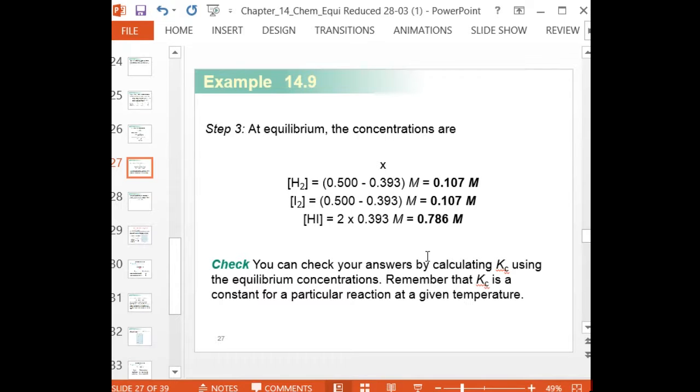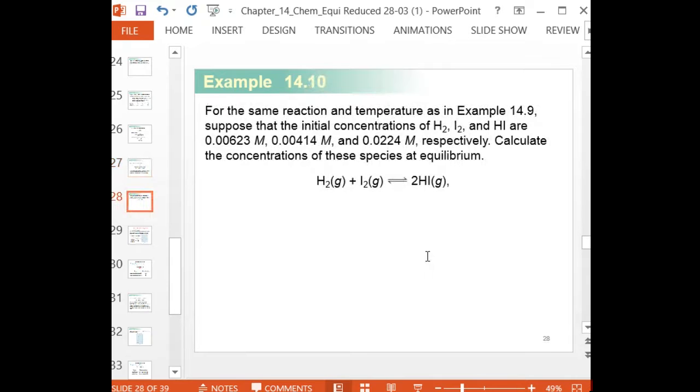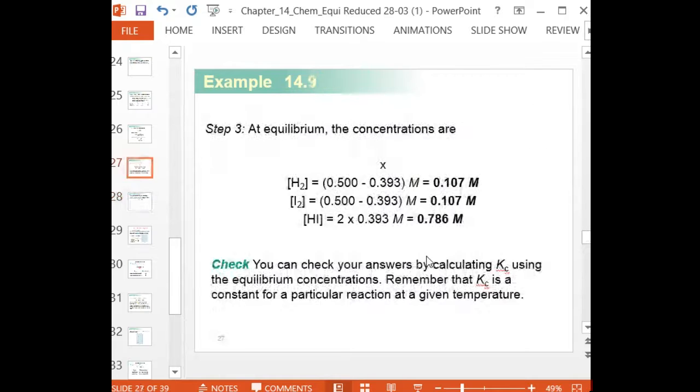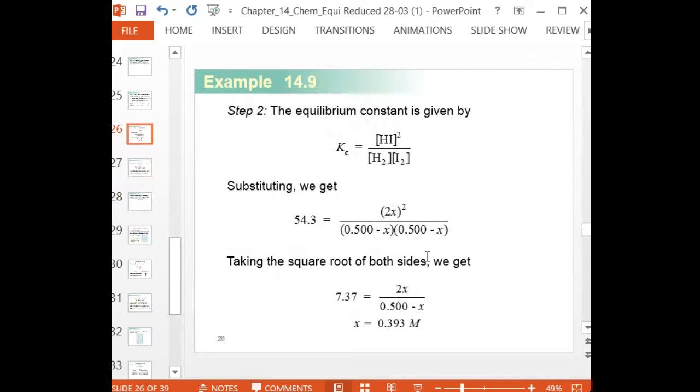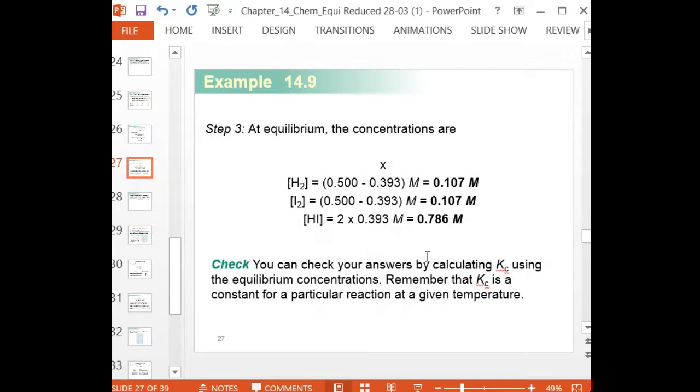Clear? 0.393, teacher. From where do you get it? You are not looking at the slide, my friend. Are you able to see the slides? Oh, yes, I see. Where are you? Please, you should be focused. It is very clear here, and I am repeating it 2 times, 3 times. This is the x calculated. Why do we consider x? We calculated x here.